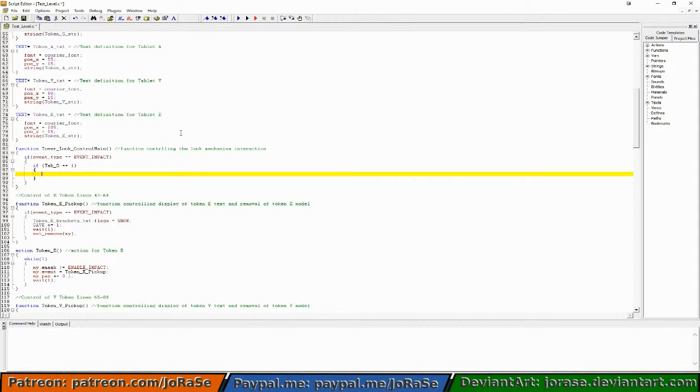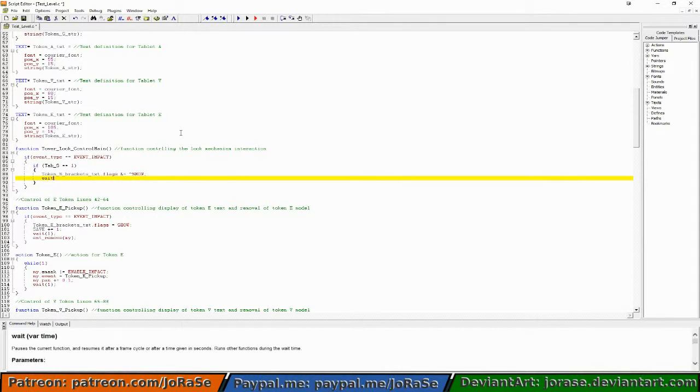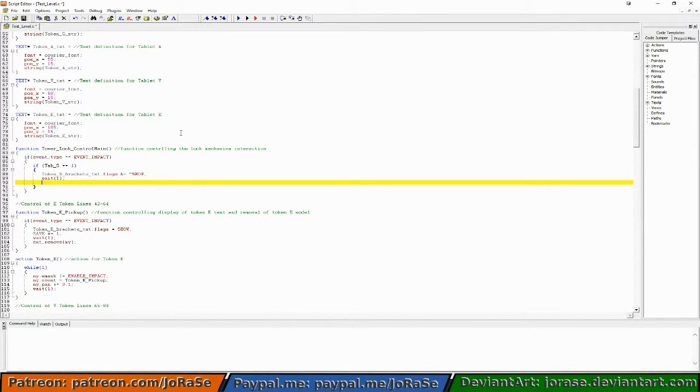Then we're going to go token_s[_txt].flags &= ~show, followed by a wait 1, then another int create, and we're going to go